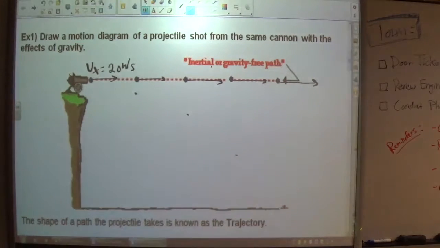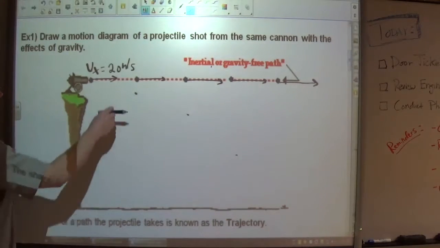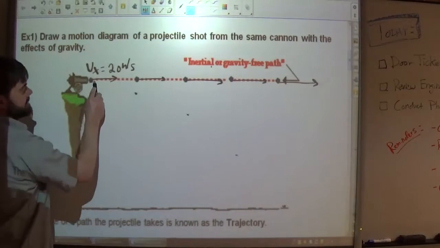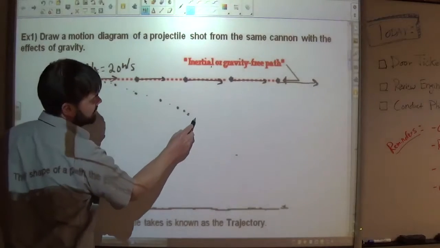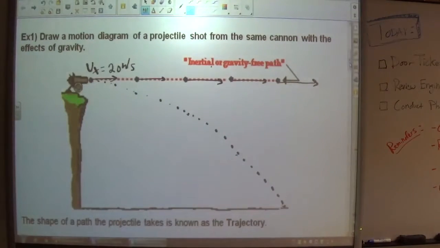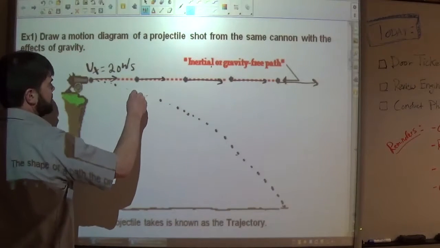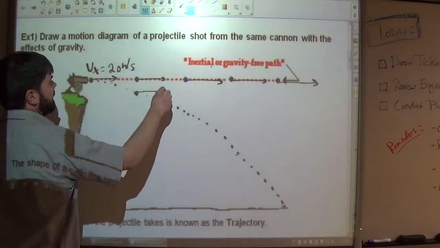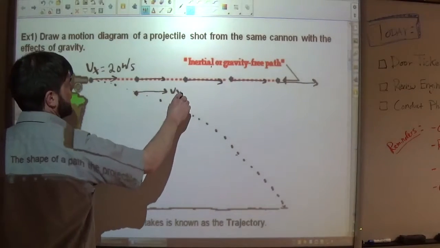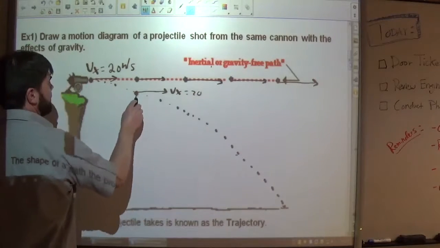The shape of this path is not a straight line. Oftentimes people think that it's going to be a linear path of some sort, but the trajectory or the shape of the path of a projectile typically takes a parabolic shape. And the reason for that is because the two components, your v of x and v of y, change at different rates. If this stays as my v of x and always equal to 20,